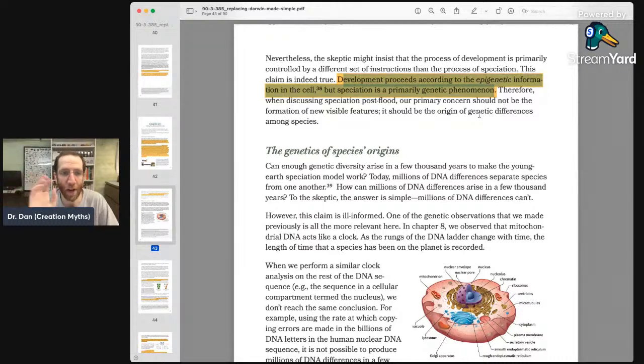phenomenon. So he's saying development is epigenetic, which has to do with heritable changes to levels of gene expression that are not encoded in the sequence of the DNA. But speciation is a genetic phenomenon, has to do with the encoded sequence, right? But we know that the sequence plays a role in development. I shouldn't have to say this.